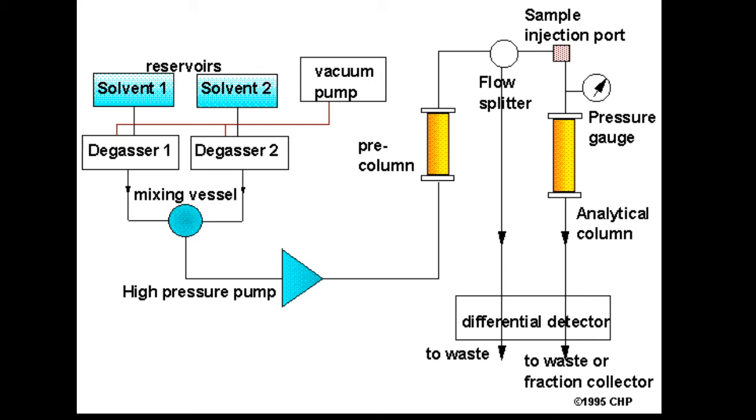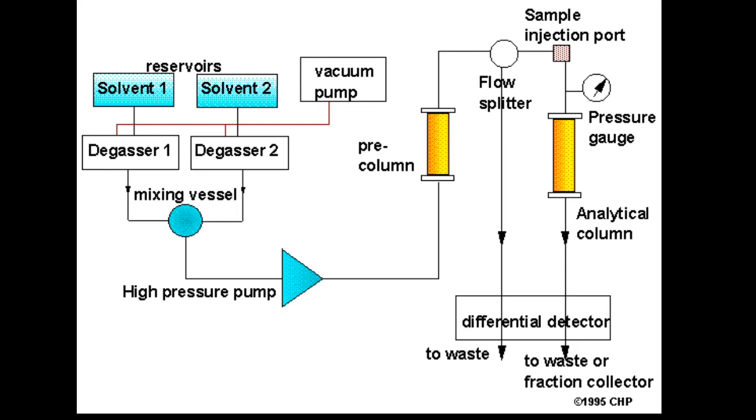Now the last part, the detector. The detector should be sensitive to our solute. It should give a quick response to our solute. Then it should be stable for a longer period of time, and the detector should be such that it does not destroy the sample. So these are the good qualities of a detector. Two types of detectors are available for HPLC: the ultraviolet visible detector and the refractive index detector. Now this was a short discussion about every component of this block diagram of HPLC.